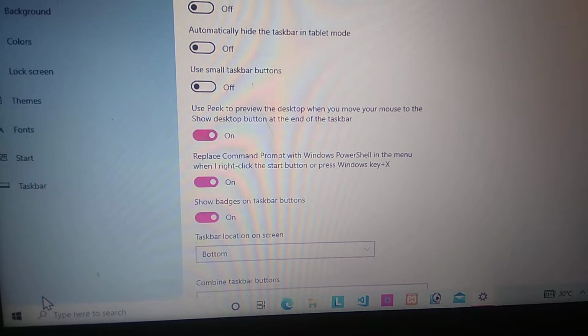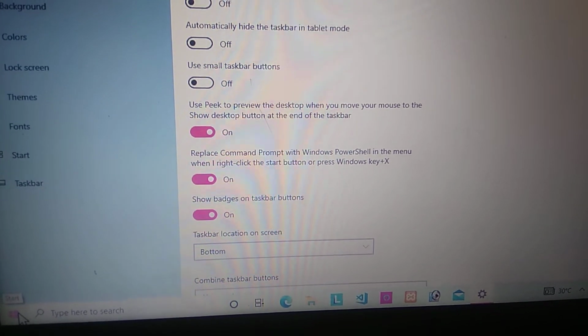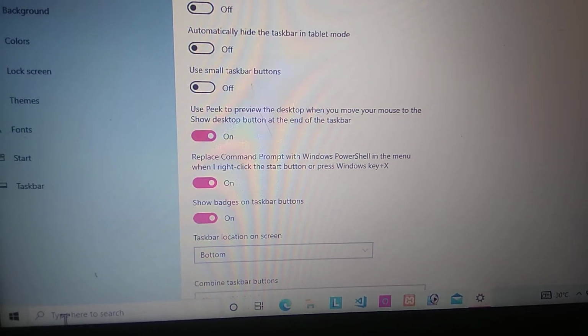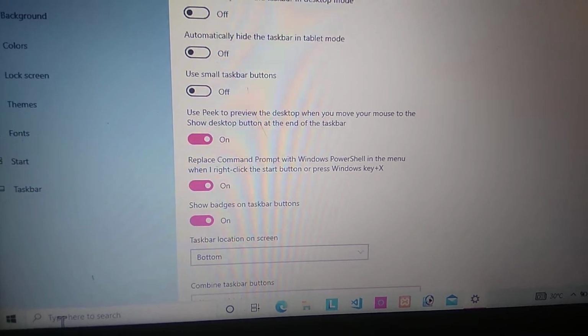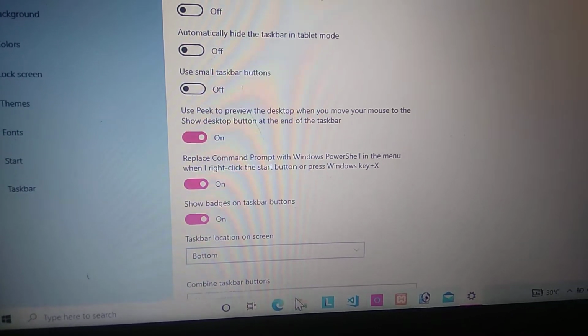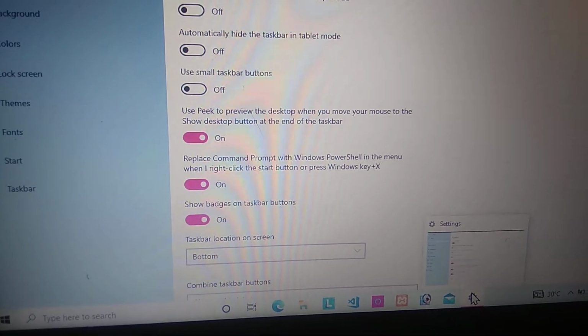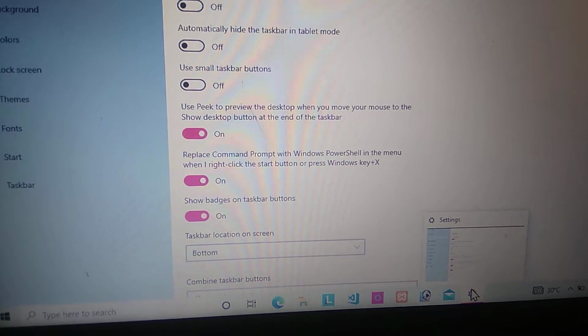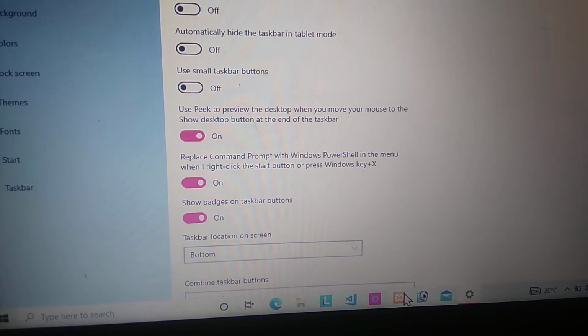The taskbar is divided into the following parts. This is the start button to open any program. This is the search box to directly type and open any program. And here you will get the quick access toolbar, we can say, or this area contains some icons of programs. You can open them directly from here.